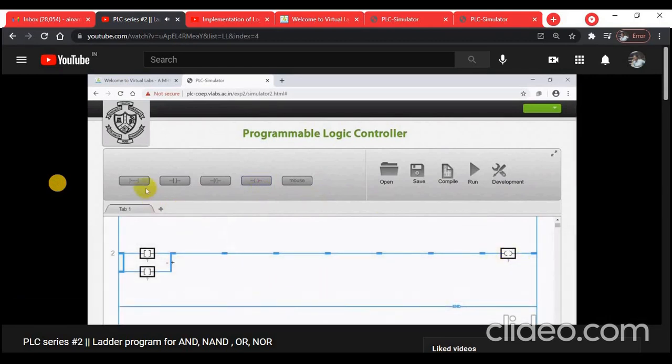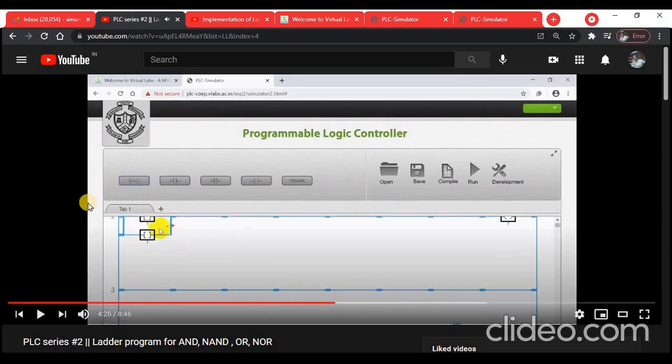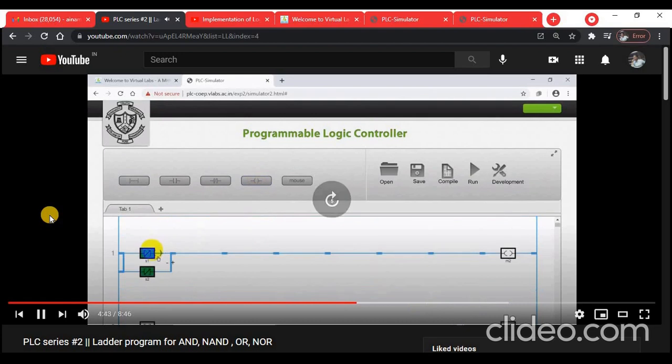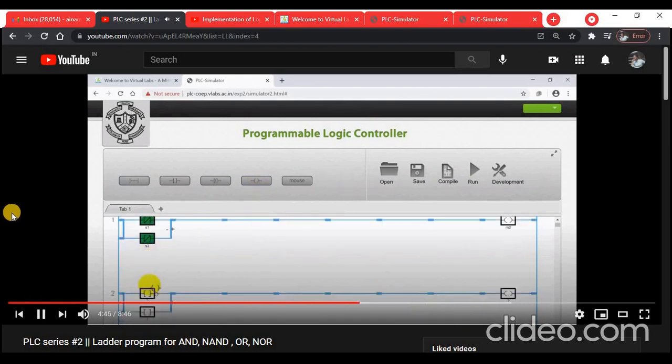Next, NOR logic. Another rung is added. NOR logic is opposite to OR. So for any NOT operation, you have to take normally closed NC contacts, that too in series, because it is opposite to that of OR, with the output coil. And for NAND, S1 S2 are the input addresses.